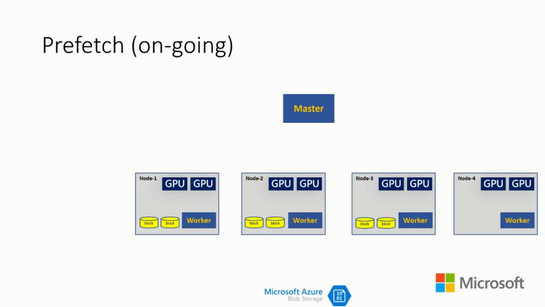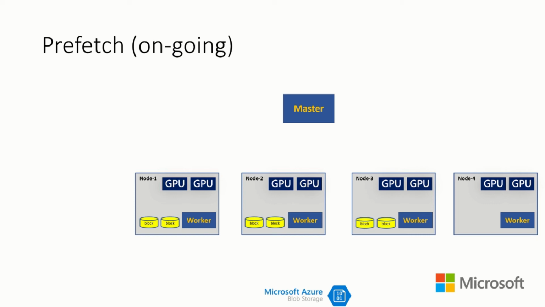Here, I also want to introduce an ongoing feature called prefetch. Through this feature, we want to prefetch the data into the cache layer, into Alluxio, before the job really starts to run. After adopting this feature, our workload doesn't need to wait for the data to be retrieved from the other file system, and after starting, it can run immediately.